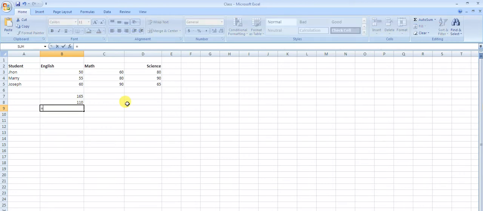Then how we can use the minus sign: open bracket, then select this, minus and then this. Okay, so this is the minus sign. Now equal to sign, open bracket, to multiply, select this, then multiply this with this. This is the multiply sign. Then how we can use the divide: open bracket, then this, then forward slash and then this, and then